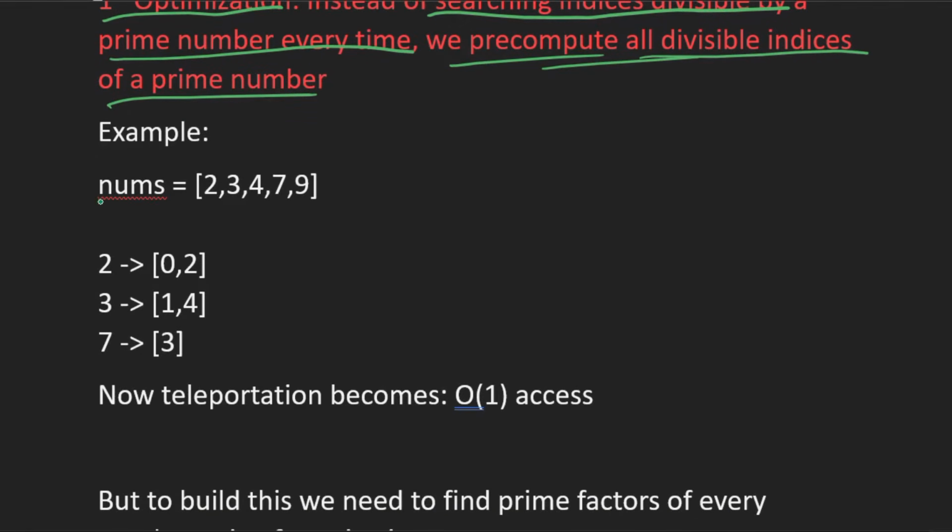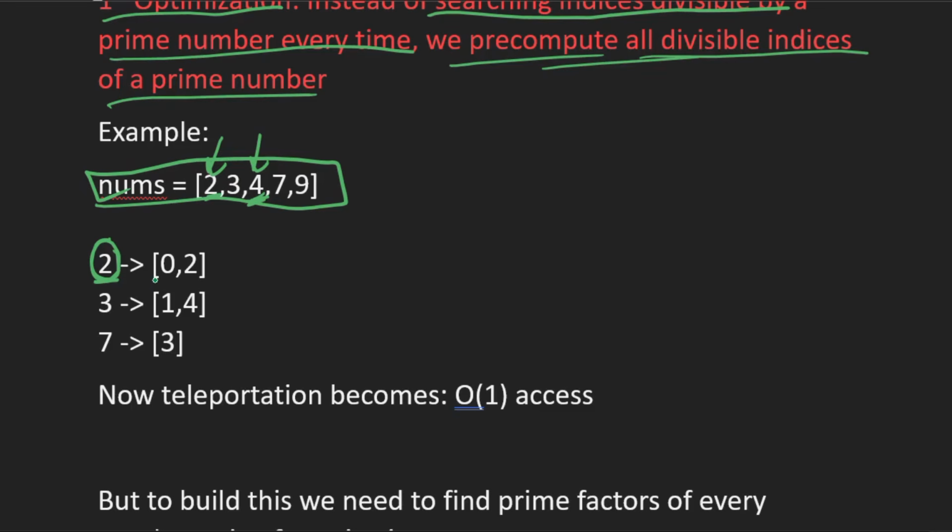Suppose our nums array is 2 3 4 7 9. What are the indexes that are divisible by prime number 2? At index 0 we have 2, which is divisible by 2. At index 2 we have 4, which is also divisible by 2.